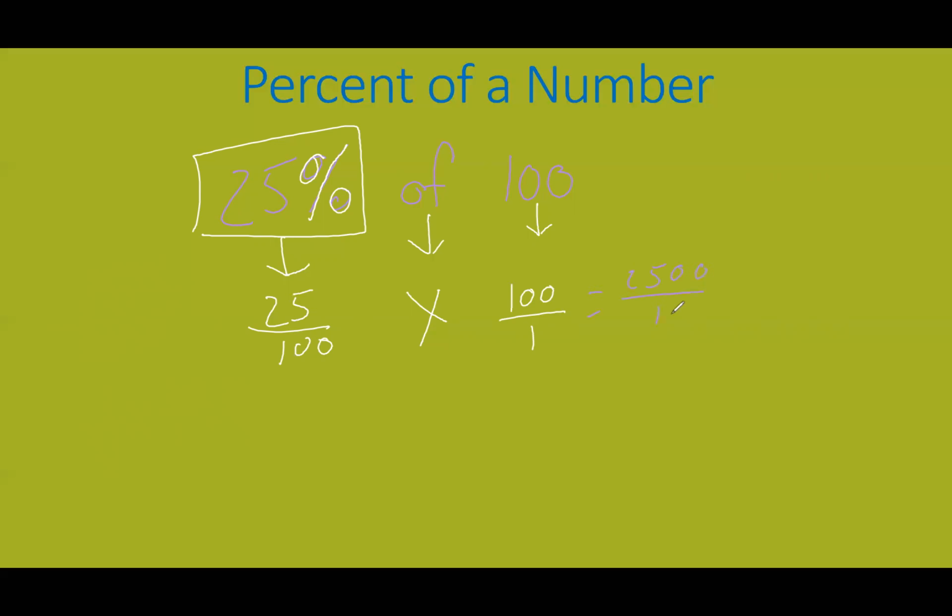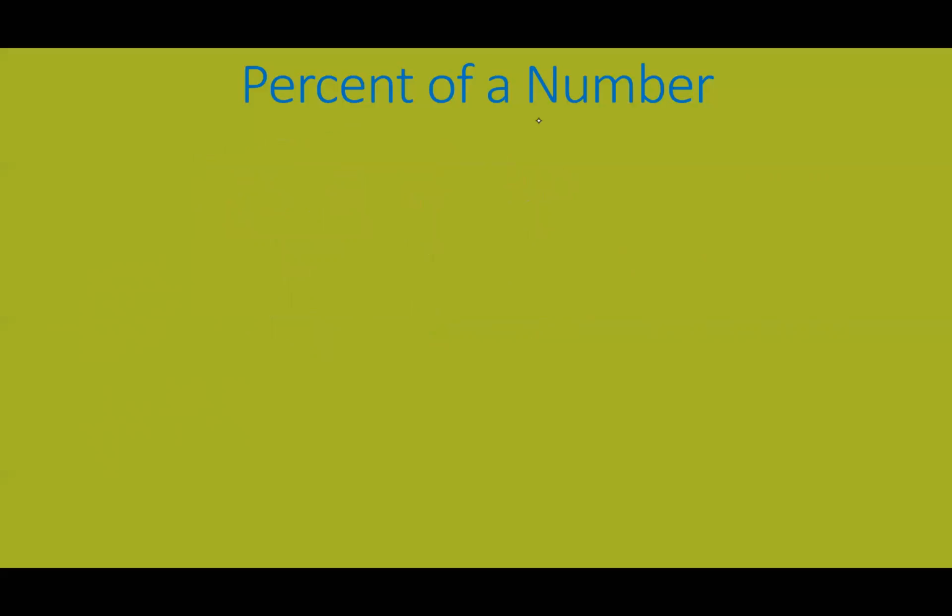2500 over 100. And when I divide, I get 25. It's exactly the same. You see what I mean when I told you you already knew how to do it? You sure did. So here I have a question for you. If I wanted to find 50%